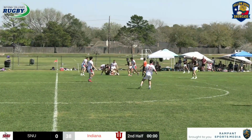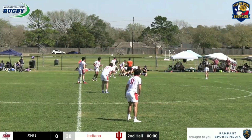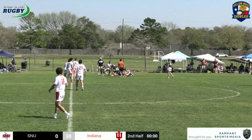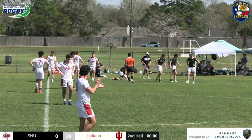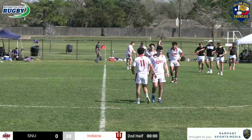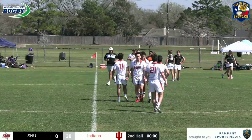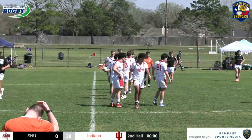They're back approaching midfield inside the 10. 5 meters from midfield. Indiana with the hard counter ruck. Ball's dropped. Ref says that was a knock-on, and that is going to end the game. And so this one will end with the unofficial final score: Indiana 38, SNU 0. And reminder, all scores on